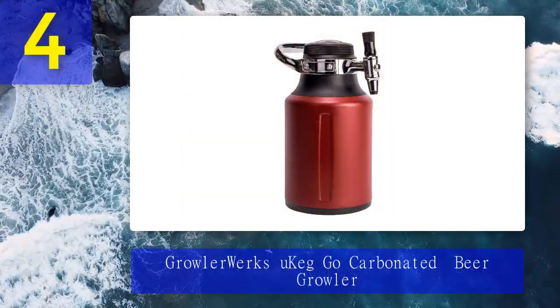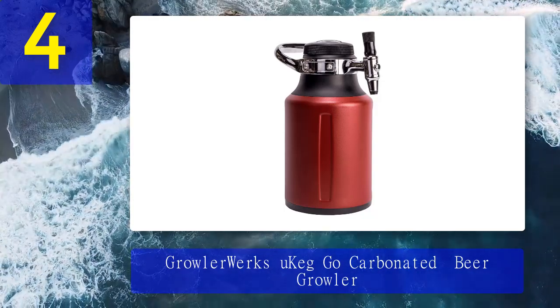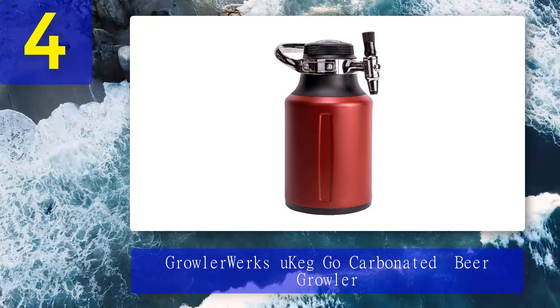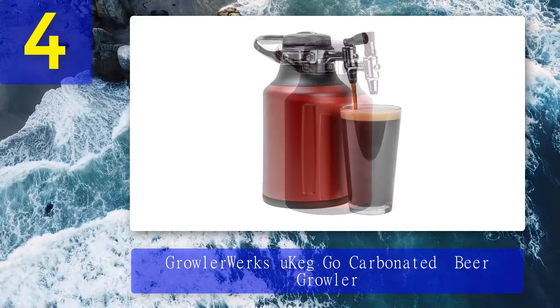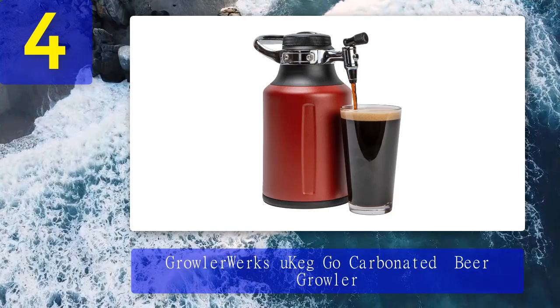Coming in number 4. GrowlerWerks uKeg Go Carbonated Beer Growler. Why we think it's great. Double wall insulation keeps beer cold and carbonated for a long period. Patented automated carbonation cap allows the carbonation level to be adjusted either at high or low, depending on the type